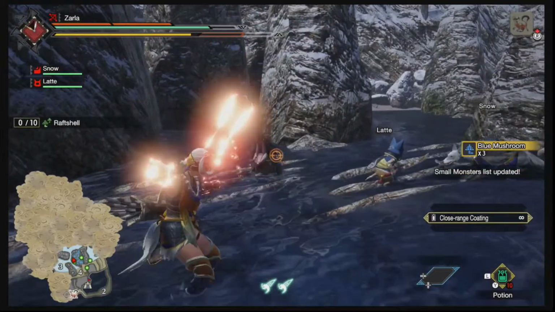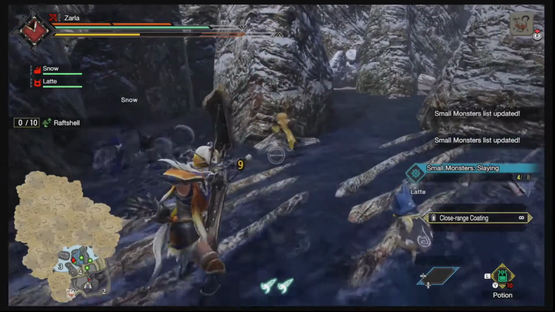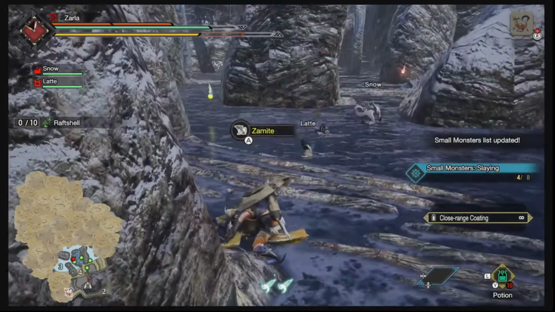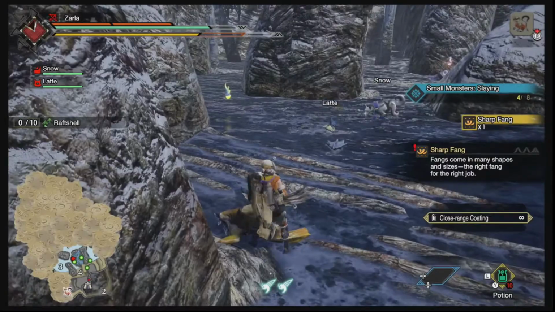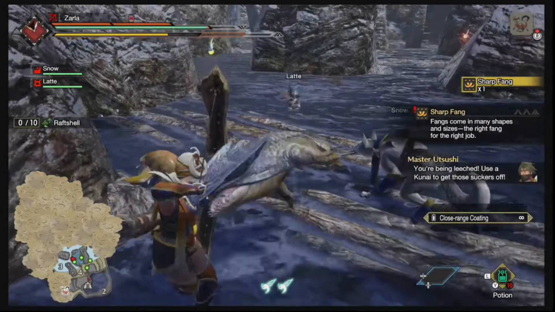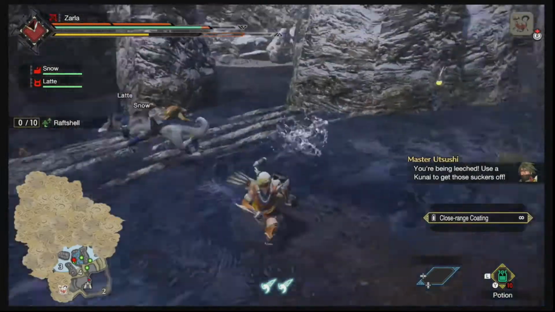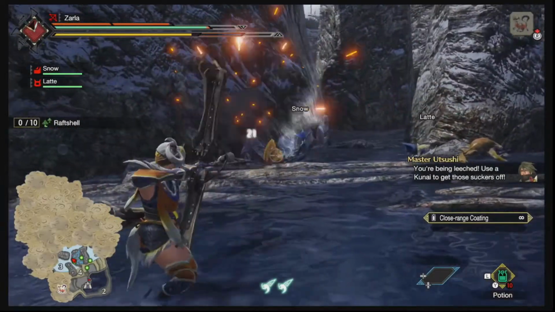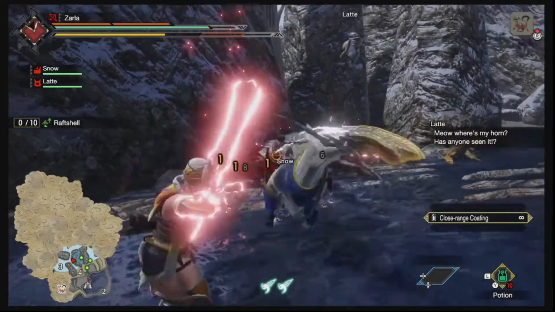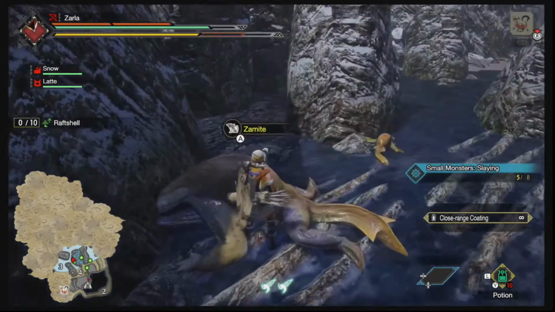Here's actually a new enemy. I actually forget what these are called. Which is partially why I'm killing one. Zamite. Sharp Fang. Oh, man. I have to use a kunai. Seemed like just dodge rolling did the trick. Oh, he got big. He's dead. I've never had that happen before, so...